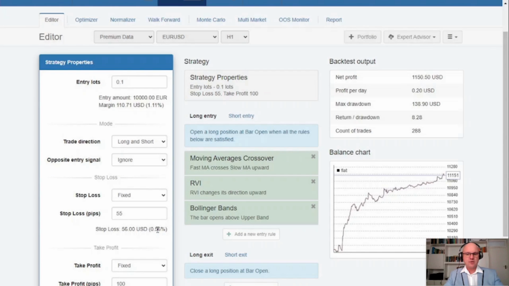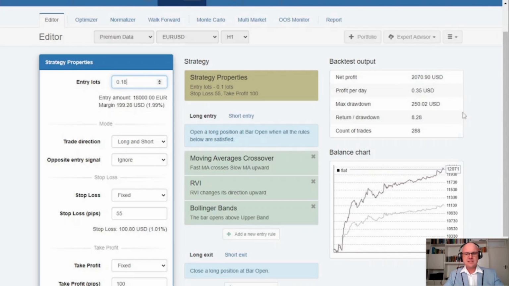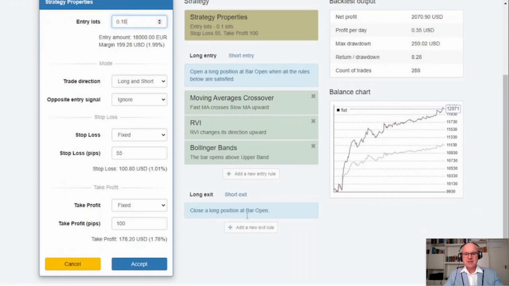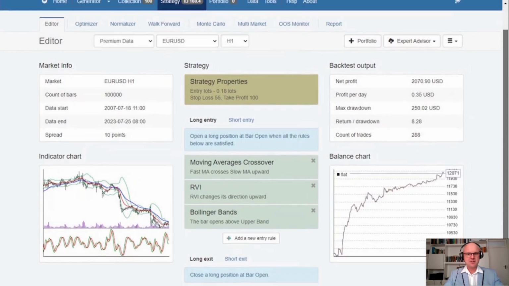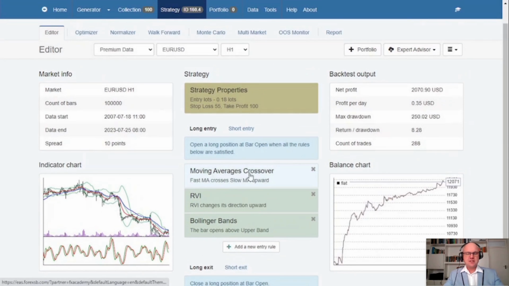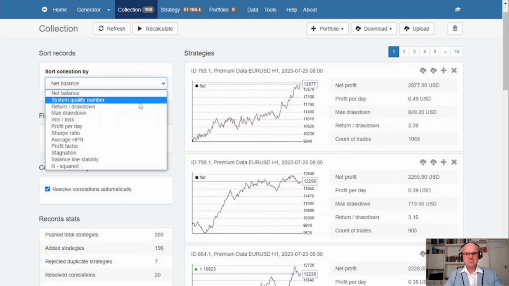And of course, what we know is that with the percentage stop loss, we can also increase our entry lot size for this example according to 1% of the account. So we are risking 1% to make a 2% return approximately. So additionally to this, at the beginning, the generator ran a few different strategies that we'll now take a closer look at and show you that you can even optimize those strategies that are in the collection.